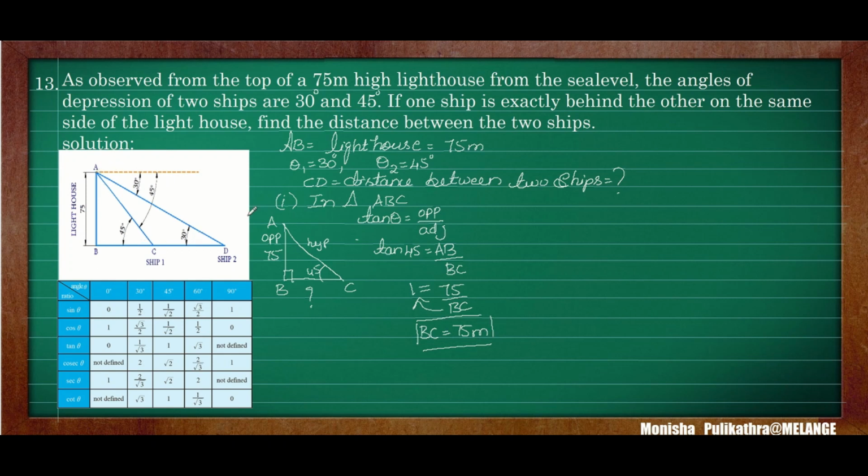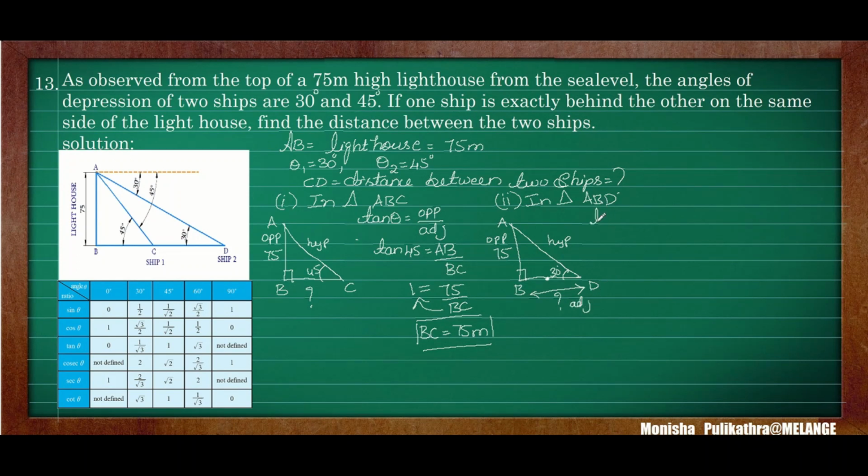Next we have to take the entire triangle ABD. So the second case, in triangle ABD, I will be writing the triangle with A, B and D. Here D is 30 degree, this is 90, and AB is again 75. BD we don't know, but BC we know. There is no need of that, we can find out BD itself. So this is the hypotenuse, this is the opposite side and this is the adjacent side.